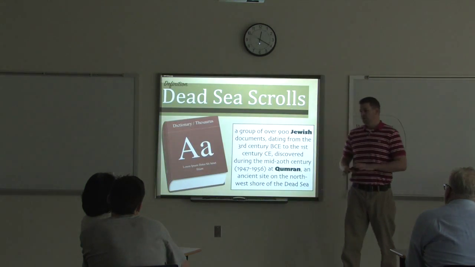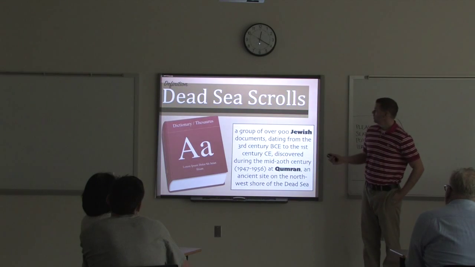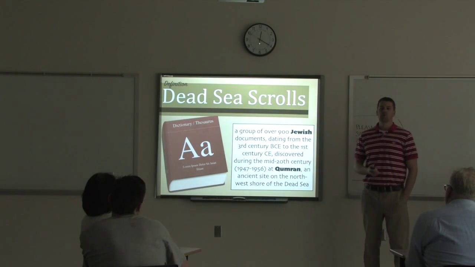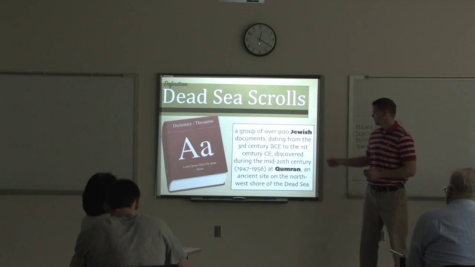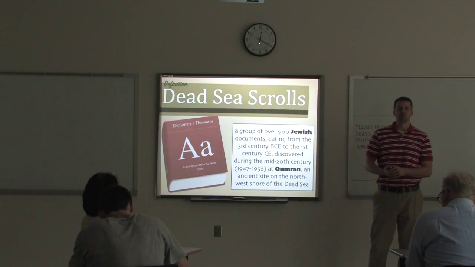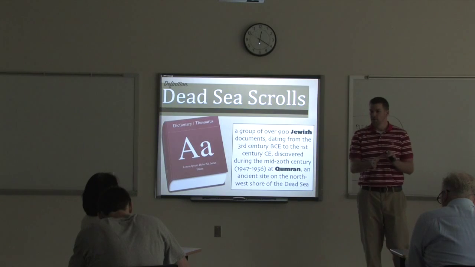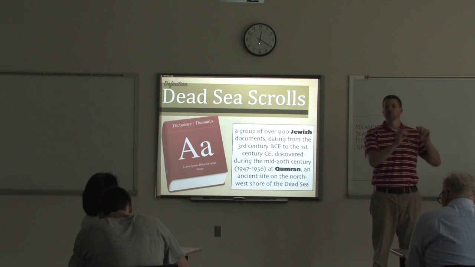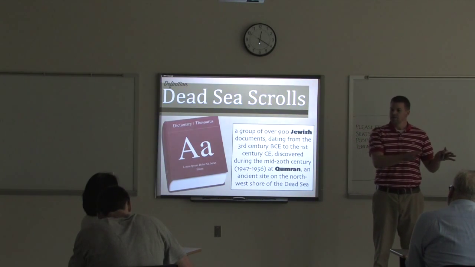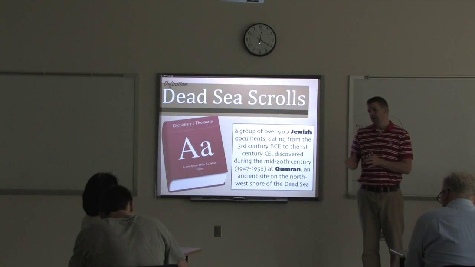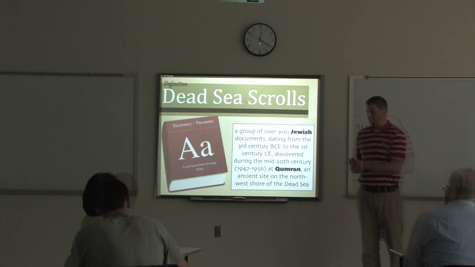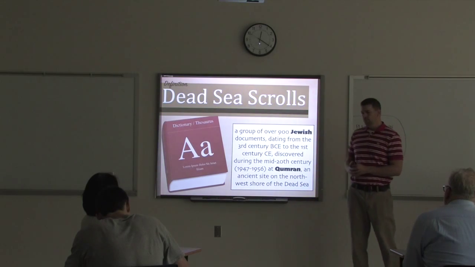So, first of all, the Dead Sea Scrolls, what are they? Here's a basic definition. These are over 900 Jewish texts. And again, I say Jewish because sometimes people confuse these and think, well, there must be something about Christianity. Jesus surely has to be part of these. It's not. These are Jewish texts, over 900 of these, dating from about 200 years before Jesus, so 3rd century BC or BCE. They were found beginning in 1947.